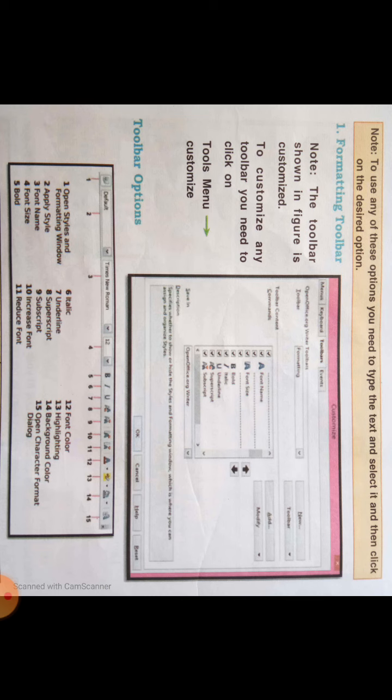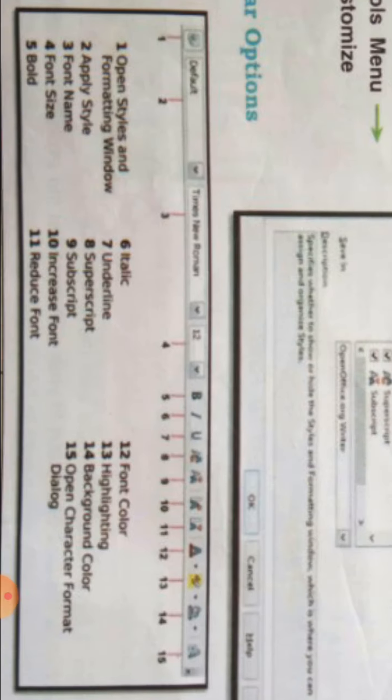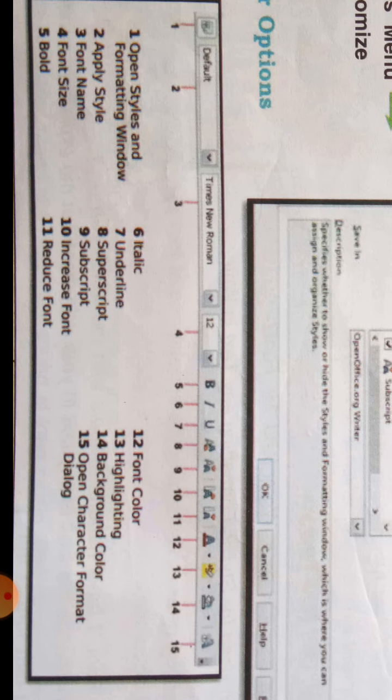In the picture, there are toolbar options given from 1 to 15 in this picture. We can discuss these tools one by one.